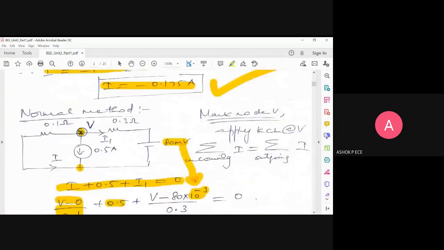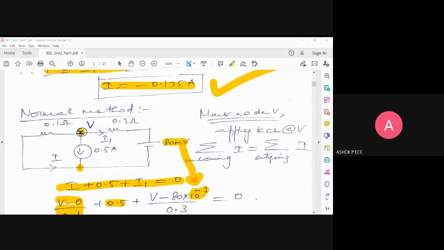And I again say this normal solving method is just for cross-checking. In the exam, you need not do this in your main answer sheet. You can do it on the rough side for checking whether the answer you get is correct or not. Is this problem clear? Superposition theorem problem. I again say questions will not be asked specifically to solve using the superposition theorem. But if you solve using the superposition theorem, I think it will make your things very easy.